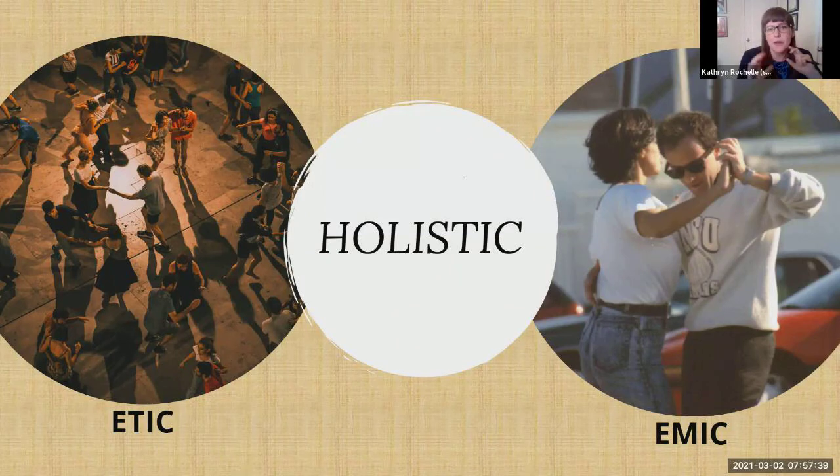And then on the right side, we really zoom in close and we use what's called an Emic approach. And that means we're really focused on getting the insider knowledge of the dancers and the culture that they're in. So we're really looking for their kinesthetic understanding, looking for the dancers' bodily understanding of what they're doing. We're also trying to understand what their constructions of the body are, what their concepts of time and space are. And to do that, we use what's called participant observation, where as researchers, we observe and we participate for long periods of time to really get a sense of that body knowledge.